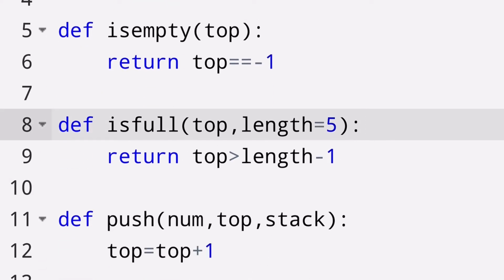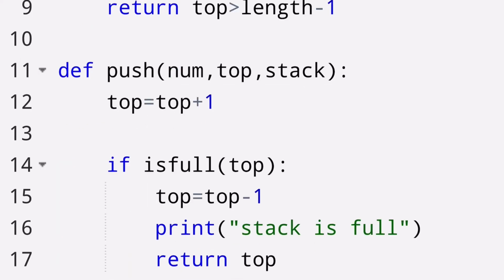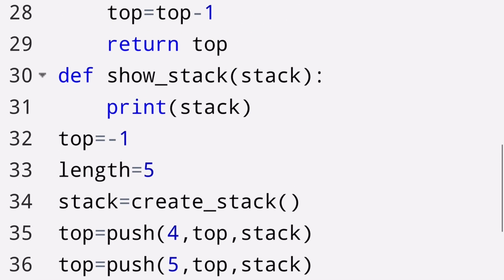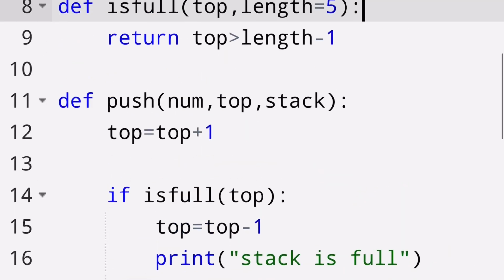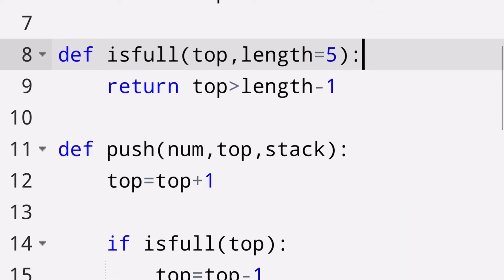And in is_full I'm passing two parameters, guys, because I have a length as well over here. I don't know why I did this, but you can just pass length only, because I am assigning the value of length over here. So there is no issue when you pass length, but for now I have put length equals to 5, so that I just want one argument, or I can say one parameter inside this